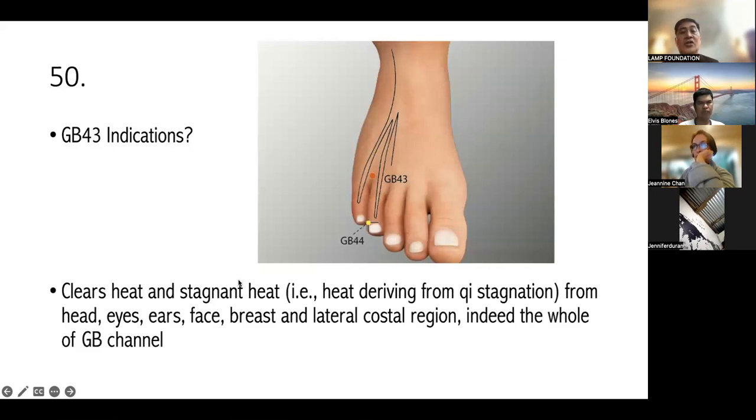Okay, di ba? GB is the partner of the liver. So we would always be looking at chi stagnation issues. Pag nag-stagnate yung chi mo, may possibility magkakaroon din ng heat. So somehow, hindi lang ang liver mo affected, pati yung gallbladder. So you have to use gallbladder 43. Okay? And the worst thing that could happen there is, pag sobra na yung heat, nagkakaroon na po ng bitter